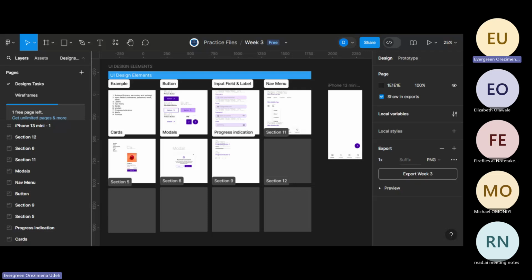That's what we're going to be doing today. We'll continue from where we started last week and then replicate some screens. And after that, if there's still some time for us to do